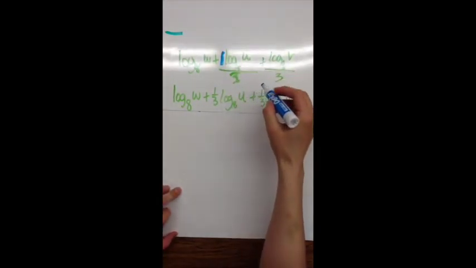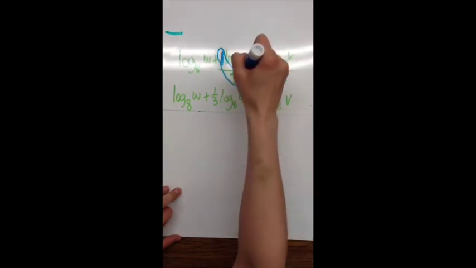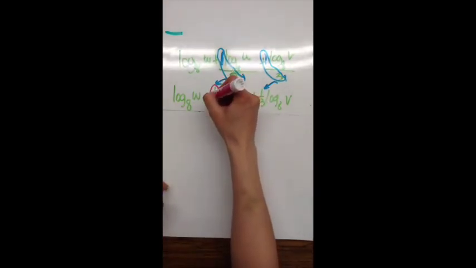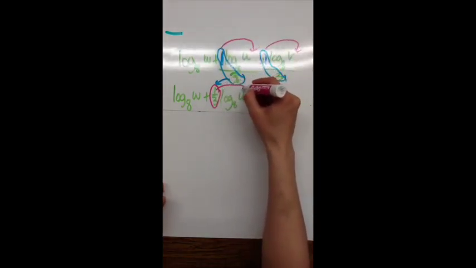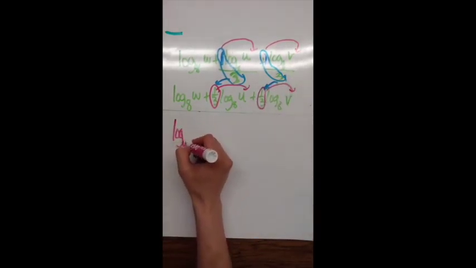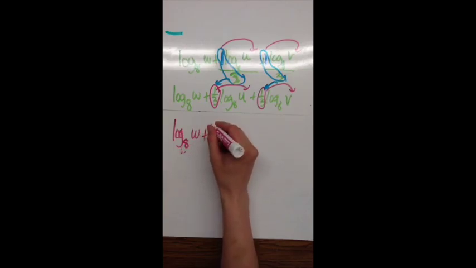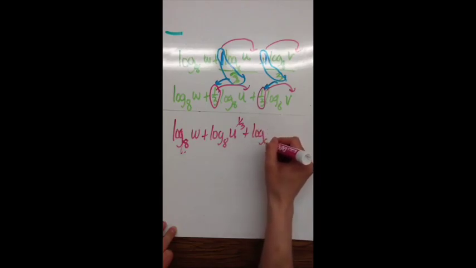Notice here that there's an unsaid 1, and here's an unsaid 1. So this is really the 1/3 that we see here, and this is also the 1/3 that we really see here. So since I have these two, either one of these, notice that I've got the 1/3 out in front, or here I would think of the 1/3, and it's going to go to the power of, for the of spots. So this is going to turn into log base 8 of w plus log base 8 of u to the 1/3 plus log base 8 of v